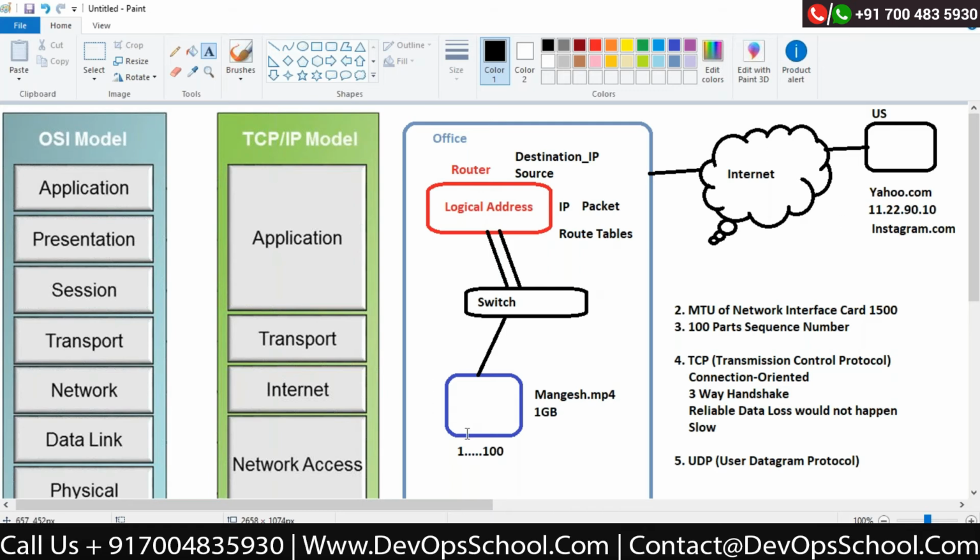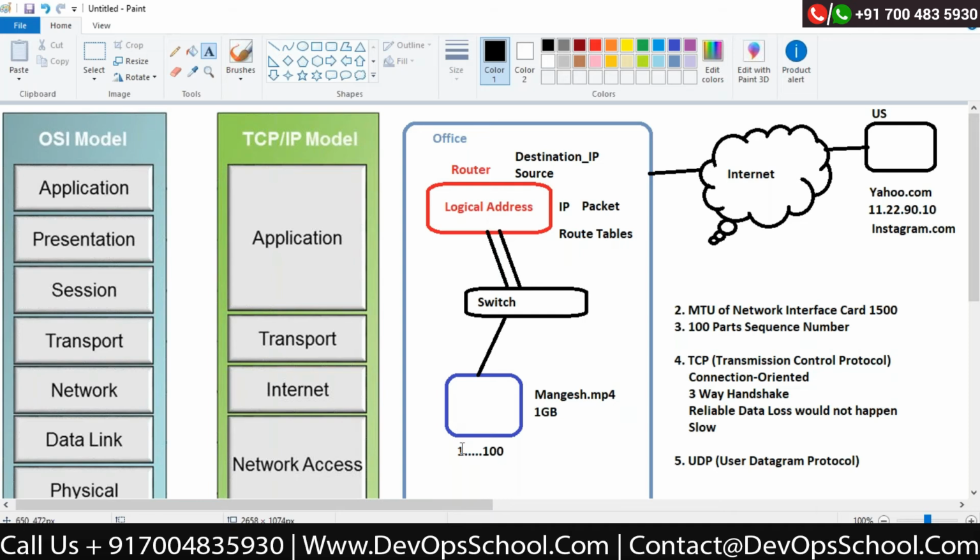Once he receives that hello, he will say, oh, this is alive. He will create a connection first by sending hello. Then he will do the three-way handshake. This is what the three-way handshake says: he will say hello, it will reply back, and he will acknowledge, oh, I got your hello. So this is how it works. Remember that this is connection oriented. Once he confirms that Instagram is saying hello to me, that means it's alive. Let's start sending the data now.